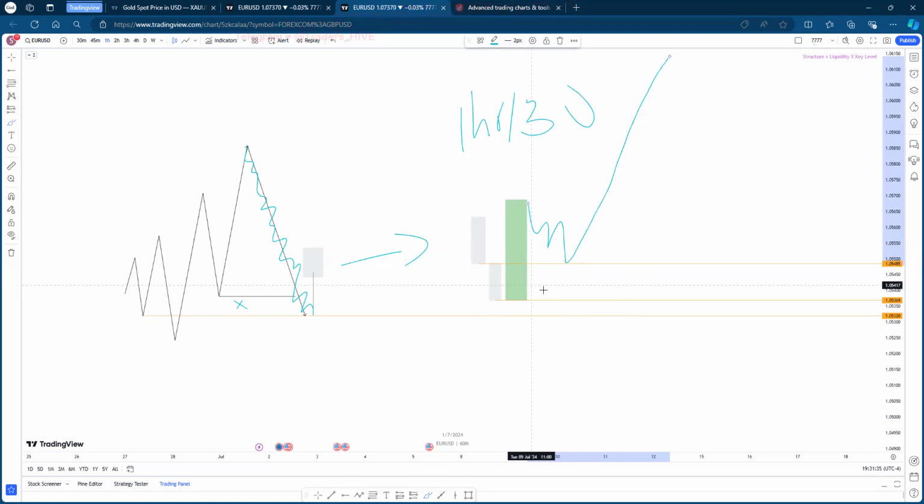I have my entry here, price tapped into the open close that is here, right? Even though we saw it engulf, I had my entry at the V-shaped key level here. Price tapped into this open close that got disrespected, and price just continued to move. So I say, oh, missed entry, won't finish me this week, all of those funny things that we always say as traders. Only for me to go back to my chart and study, and I saw that what price actually did was that this is a key level that got disrespected, right? Price just took it out, disrespected it, came back to it again,